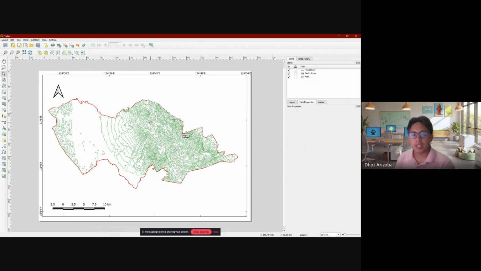Kasi forest, so dapat green. Water, so dapat blue. So normally croplands are orange, yellow. Built up areas are red, black roads. So there are guidelines for this one. What's the logical colors to use when we want to present this? What's the logical colors to use if we want to use this? So you have that. So again, you could use this sort of guideline when you're making your future maps, especially projects or anything like that. And you just save this.